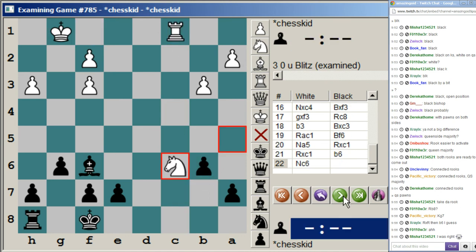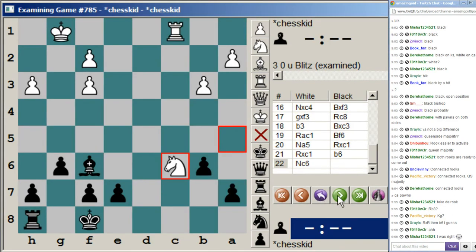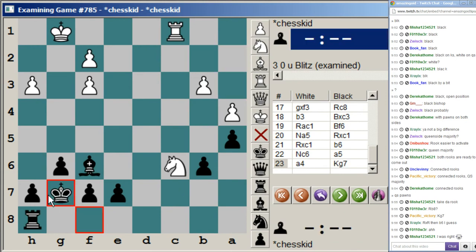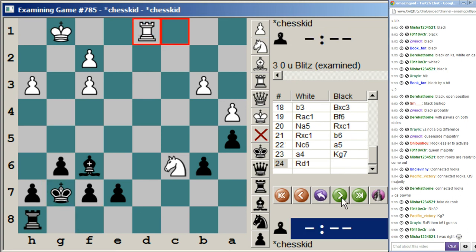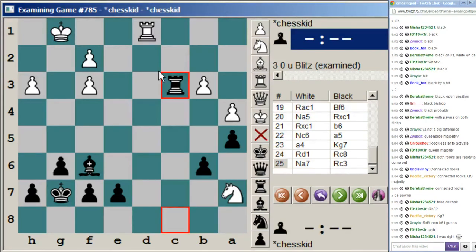Very good. So knight c6 attacks this pawn. a5 was a good move, defends the pawn. a4 gets his king moved so his rook can get into the game finally. Notice it took him 23 moves to do this. A little bit too long. I mean, of course, he should have castled at the beginning, but it shouldn't have taken him 23 moves to make king g7. Okay, so rook d1, rook c8 attacking the knight, rook c3 forking all the pawns, and now